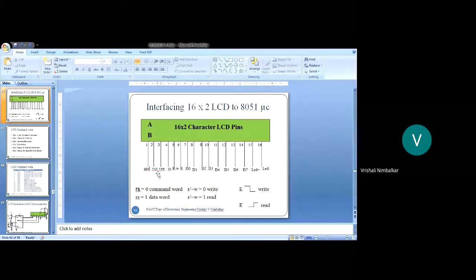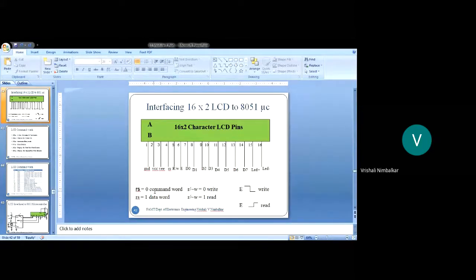Right. So when microcontroller places 38 on the data bus, it has to also activate these two control signals, RS and the enable signal. Now what is microcontroller sending? A command word. It means what should be the status of RS? RS should be made 0. So the LCD understands it is a command word coming on the data lines.